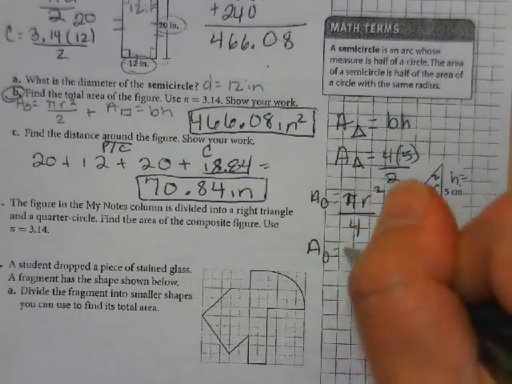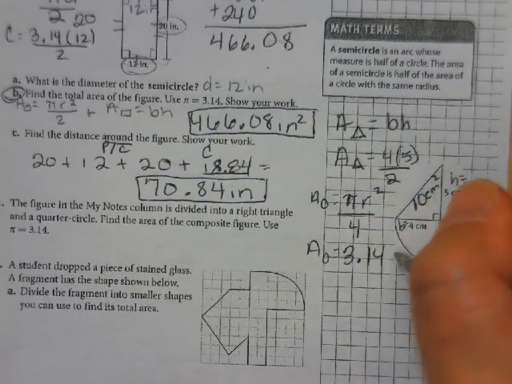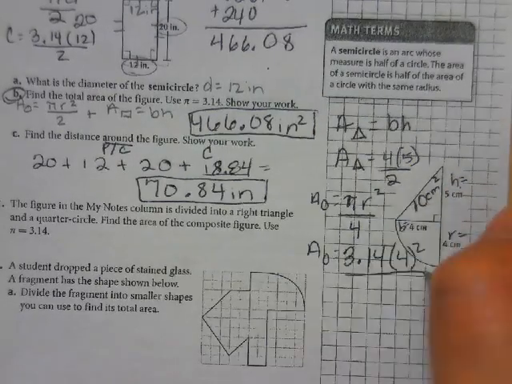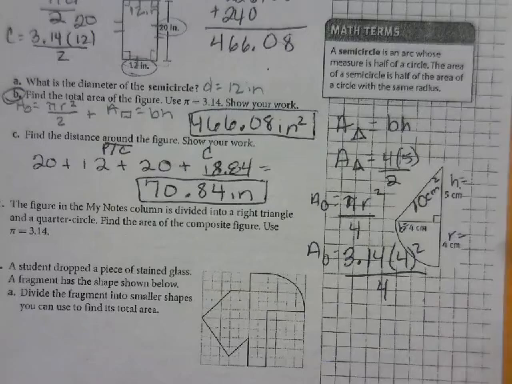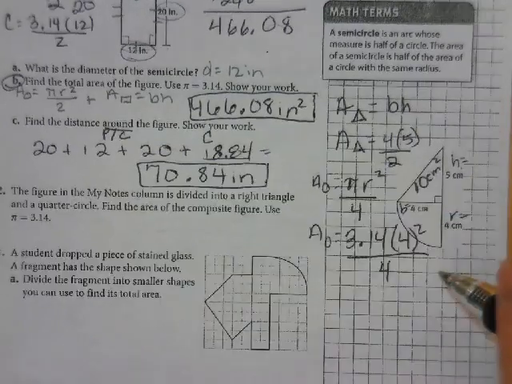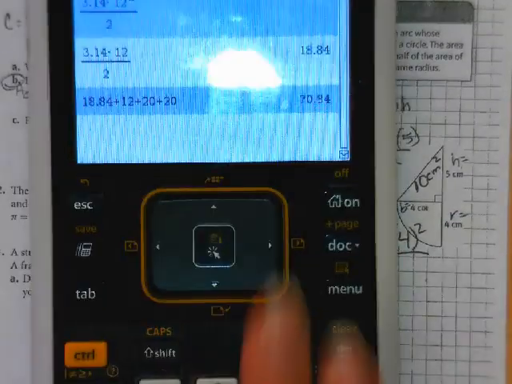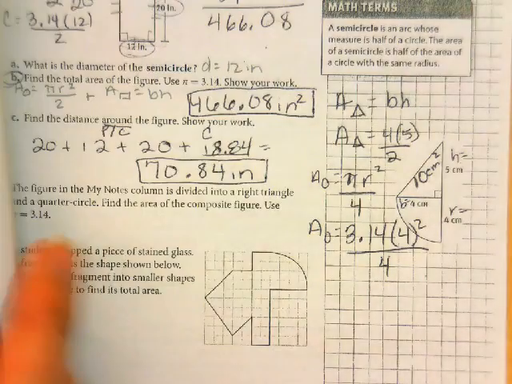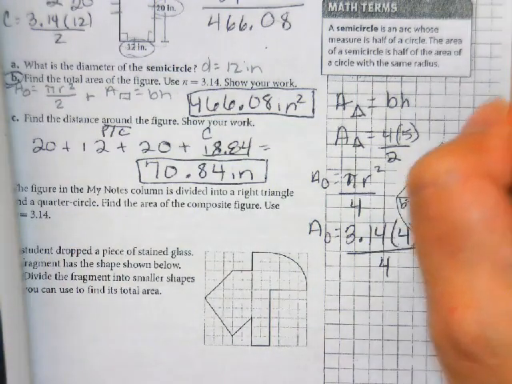So area of the circle, 3.14 times the radius, 4 squared, all over 4. Well, 4 squared divided by 4, 16 divided by 4, is just 4. If you still wanted to put it all in, you could. So 3.14 times 4 is 12.56